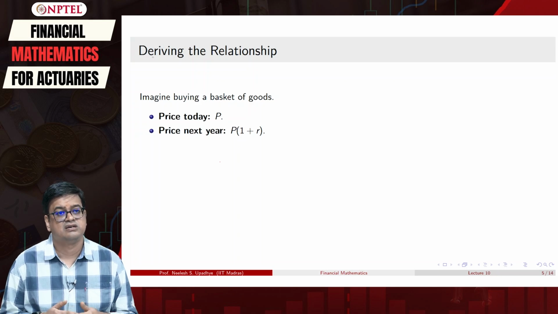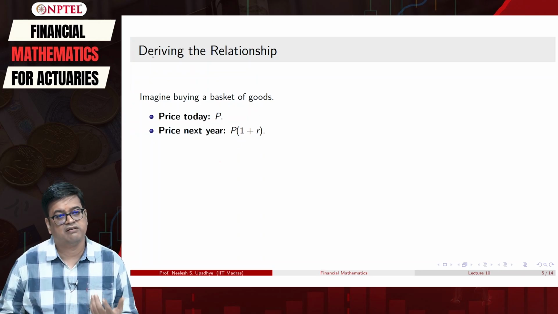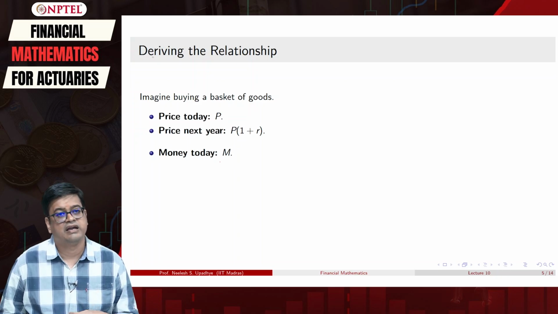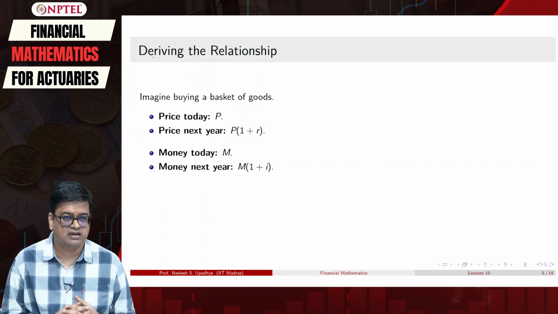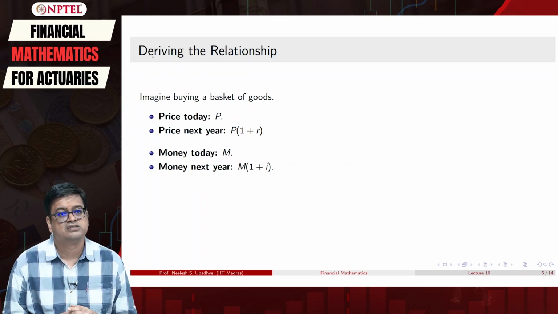Okay, so we have understood how the price of any commodity or basket of goods is increasing. Now we have our typical money equation, which is money today and money 1 year later, right. So this we have studied well. Now this is what is happening. So how will I compute the real interest that I have gathered, right.